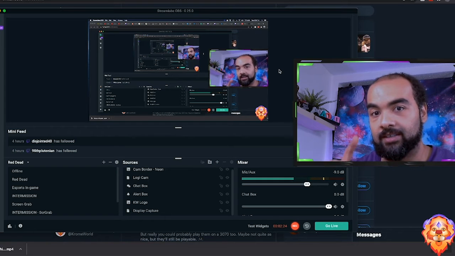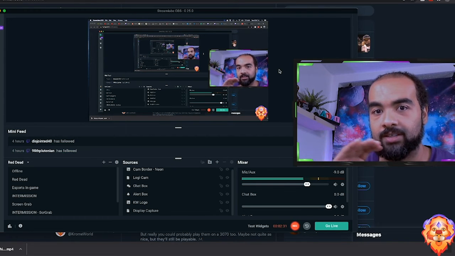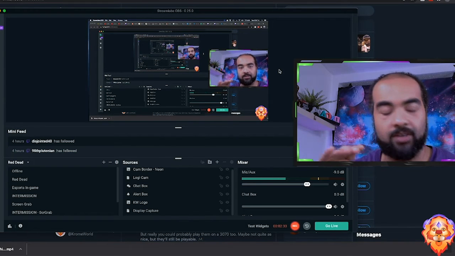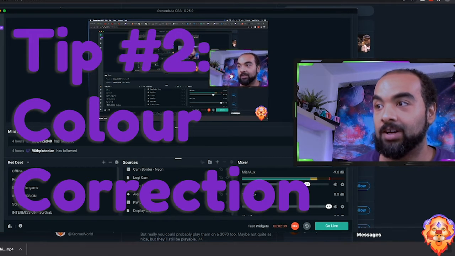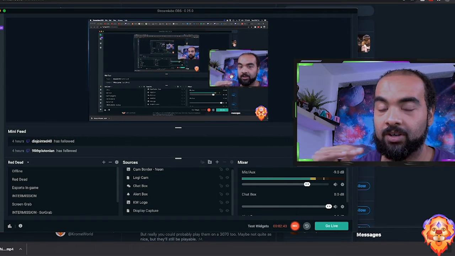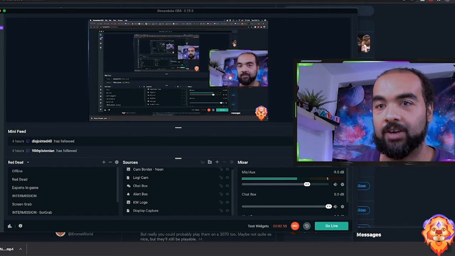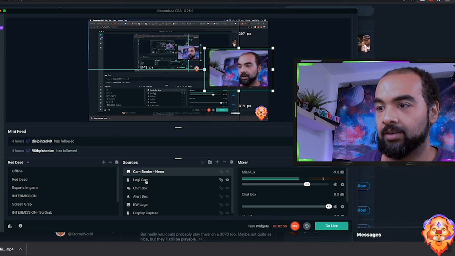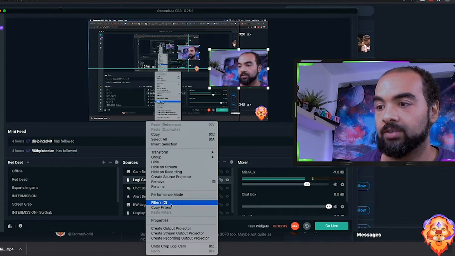Now there's a second key Streamlabs tip to make your webcam next level, not just any webcam out there on Twitch, okay? And that is color correction. Now, I have already applied color correction to my webcam earlier, and Streamlabs keeps your devices consistent across your different overlays unless you add it as a separate device. So if we go down to my Logitech camera and we go into filters,